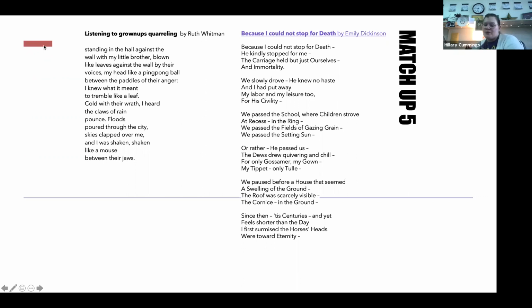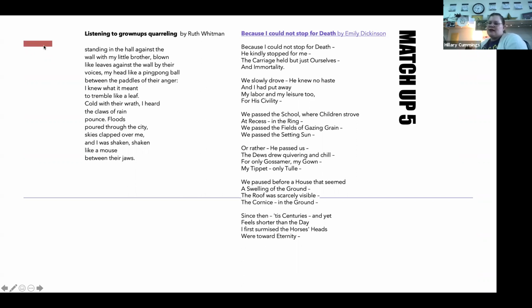right? Okay, so this lady is saying, I was so busy in my life and so consumed with everything that was going on, I couldn't be bothered with the idea of death. I couldn't stop for death with everything that I was doing and how busy I was. So death came along, stopped their carriage, and let me come in. And when we did, we took a long ride and we looked at all the things happening around us and everything continuing on, even though our poet speaker, our narrator, is gone. So the tone here, what is the tone like? What is the tone saying? What is the author's attitude about death, about the process of death or the idea of death?